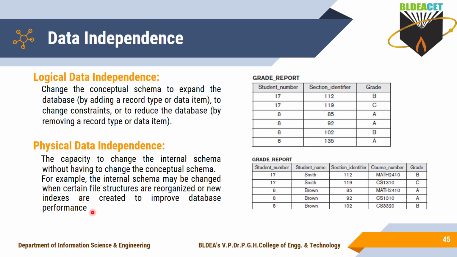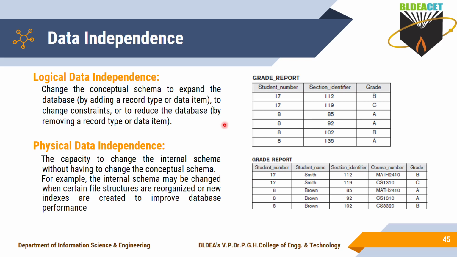Whenever you want to make changes in your index structure, also in the hash key, if you are using keyword-based searching, there also you can make changes in the access path and in the index structure, and also rearrange the file structure. Earlier you stored in the C drive, now you want to store it in the D drive, yes, you can make changes. Earlier you stored in one folder, now you want to change it to another folder, yes, like that you can make changes in the stored database. Those changes don't make any difference to your conceptual schema.